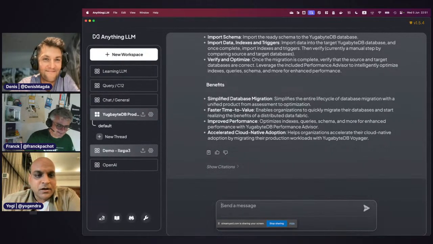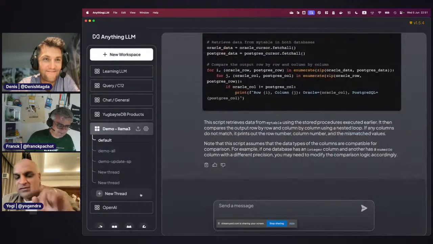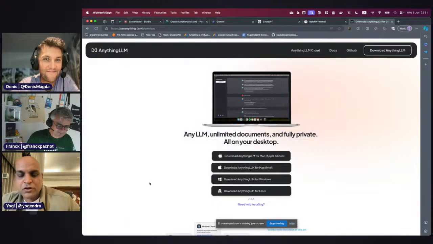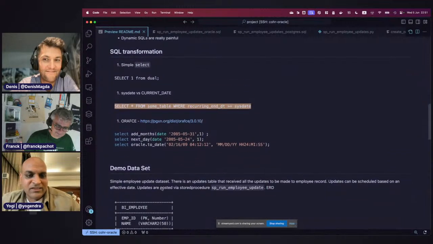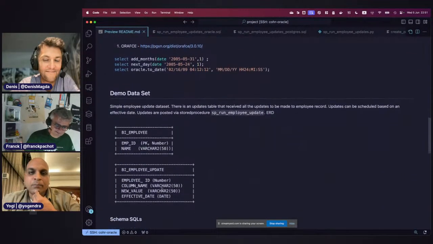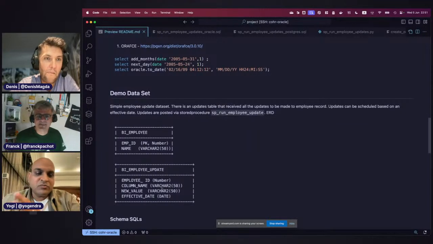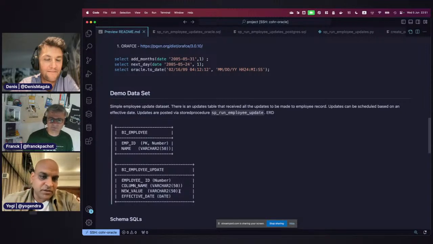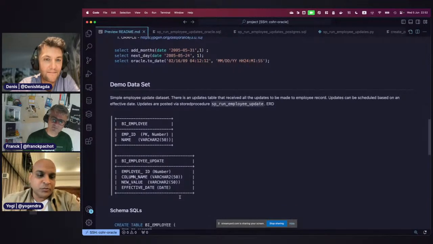For today, because we started talking about migration of database code, that's where I started looking for, hey, is there a dynamic SQL based stored procedure that I could use as a sample, as a litmus test for various models and various services? So I went for a very simple sort of schema. In fact, I didn't even know the schema. The schema was generated by an LLM for me after looking at a stored procedure.